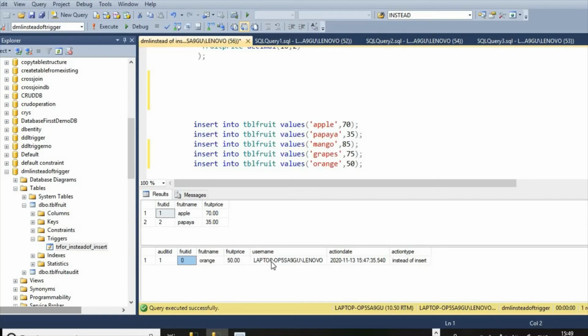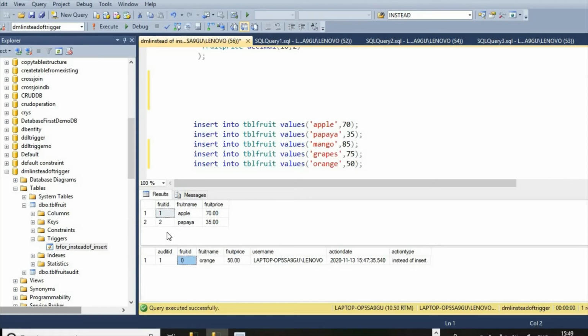Orange, then fruit price, then username, then action date and time, and instead of insert. Trigger action is also instead of insert, but here we see the id 0, and here there is no record in the table.